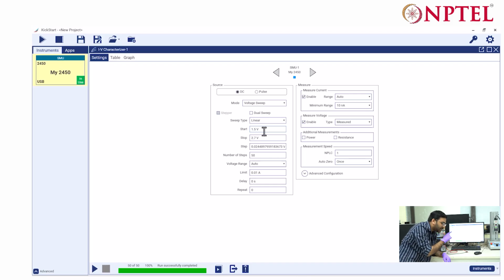But when we run this experiment, please look at the LED. You will see that initially the LED is off. After a certain voltage value, the LED will start glowing. And if you look at the characteristics, you will see that when the current is rising and reaches a certain value, then only the LED will start working. So let us go to the graph